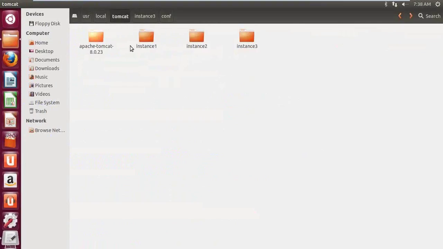So we have to run these instances, right? We need startup scripts to start these instances. So we have to write the startup scripts. But before writing the startup scripts,